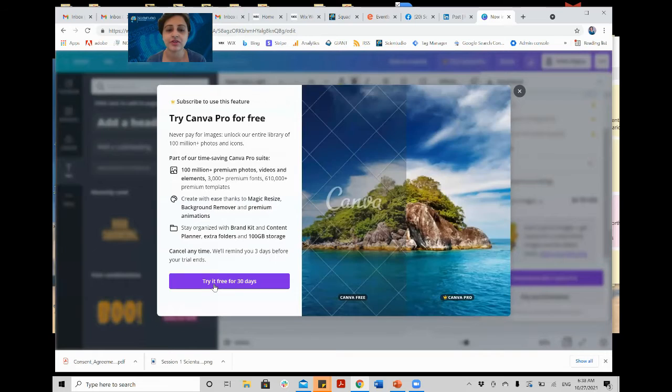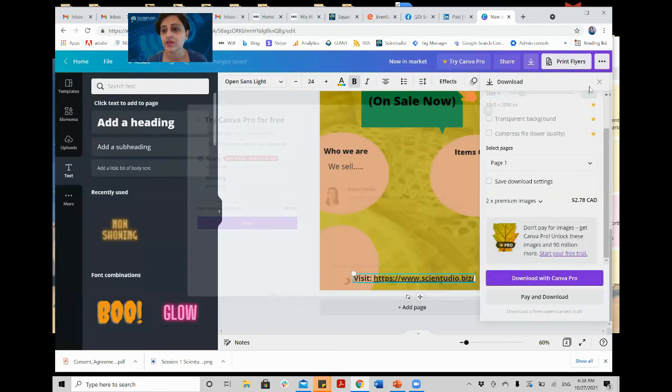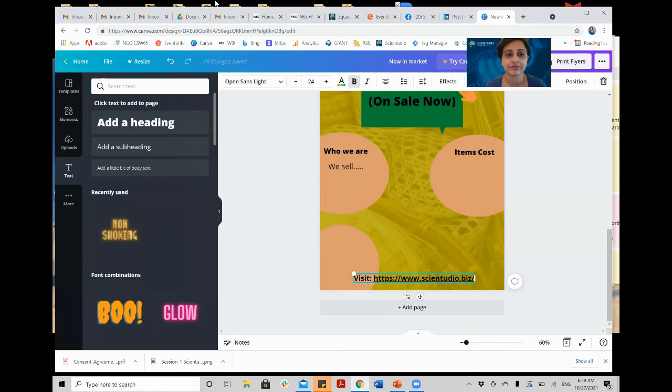When you start your free trial, you can remove your subscription before 30 days. So technically you can make an account, use Canva for 30 days, then cancel your subscription. In that case, you don't have to pay anything for Canva. And then you can make another account for 30 days, right? So it depends on you how you want to do it.